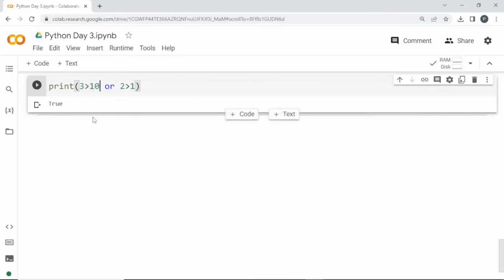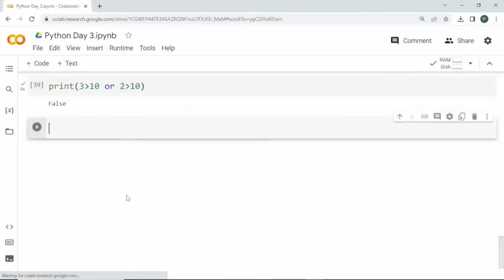I can change this. 3 is greater than 10 is false, but 2 is greater than 1 is true. Since it is the OR operator, it is going to give me true. Only if both the conditions fail, it is going to give me false. Now both have failed, so the output is false. And regarding the AND operator,